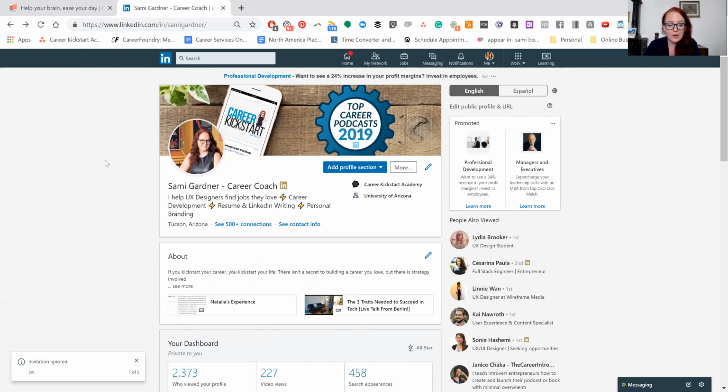Now, let's talk about what you can do to have a good LinkedIn profile. The first thing to understand is, much like your resume, the top of your profile is the most important. If you don't catch a person with this top area, you will not have them scroll down and learn more about you. So one thing to understand is that your banner image right here, this should be something that's on brand or showcasing one of your projects.